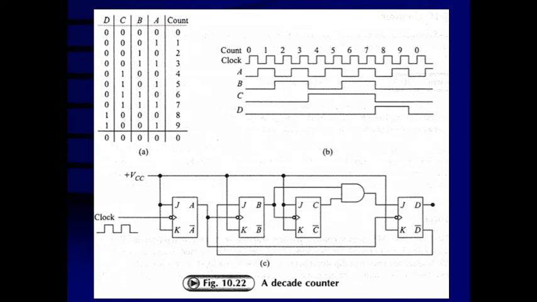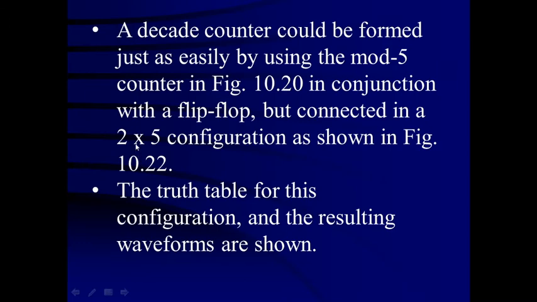Now, there is another way also. We can prepare a mode 10 or decade counter. How can that be prepared? Here, a modulus of 2 counter we are going to place first, which is going to be followed by mode 5 counter, and that is known as a 2 by 5 configuration. And that way also, 2 by 5, that means there will be total 10 discrete states, and it is known as a decade counter or modulus of 10 counter. This is another way we can prepare. What is the circuitry, etc.? We can see the next time.